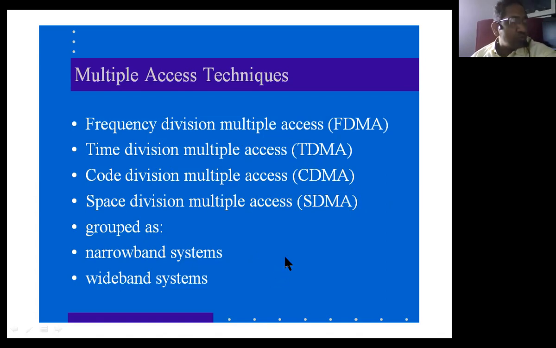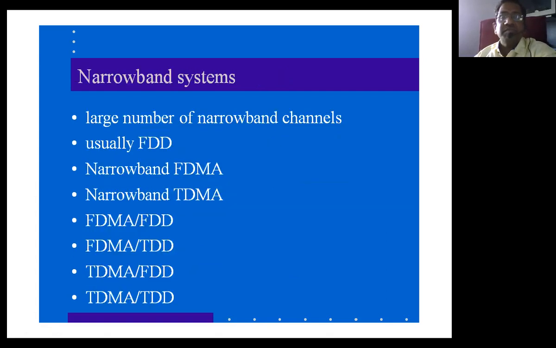Anyway, the signal has to be propagated after processing through a system, and while propagating the signal, it has to implement some technique. The technique is going to be the multiple access technique. So using any one of the multiple access techniques, the system, which may be known as a narrowband system or a wideband system, is going to transmit the signals. That is the basic concept we have here for frequency division multiple access, time division multiple access, code division multiple access, and space division multiple access techniques.